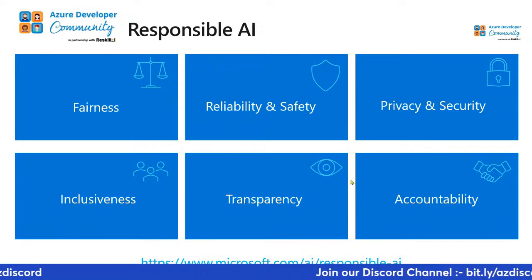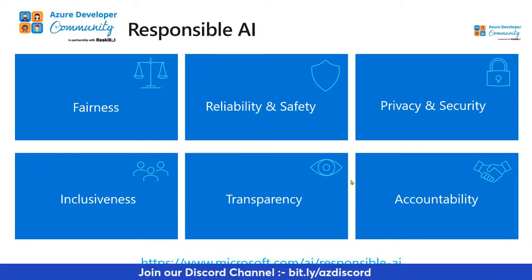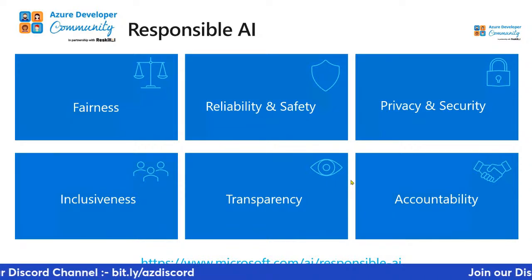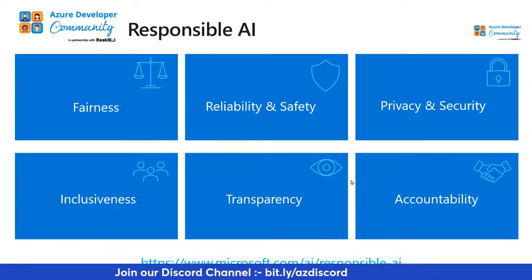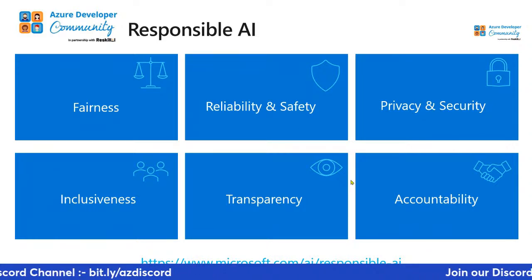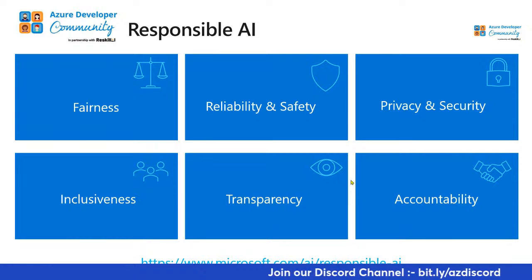Another important part is accountability. Let's say you take Tesla as an example. You turn on autopilot and the car crashes. There have been multiple cases where the car has crashed. So who is accountable for that? If a life is lost, if a pedestrian is killed by AI, who is accountable for making the AI that bad?